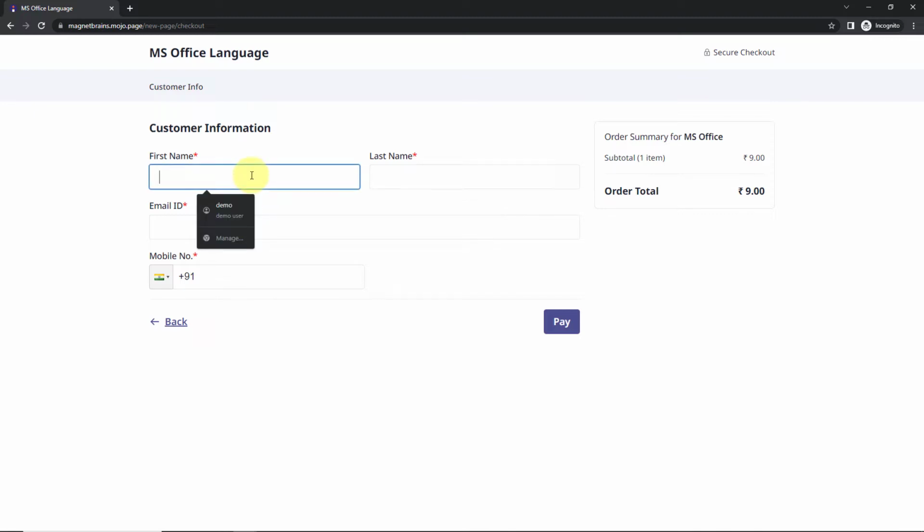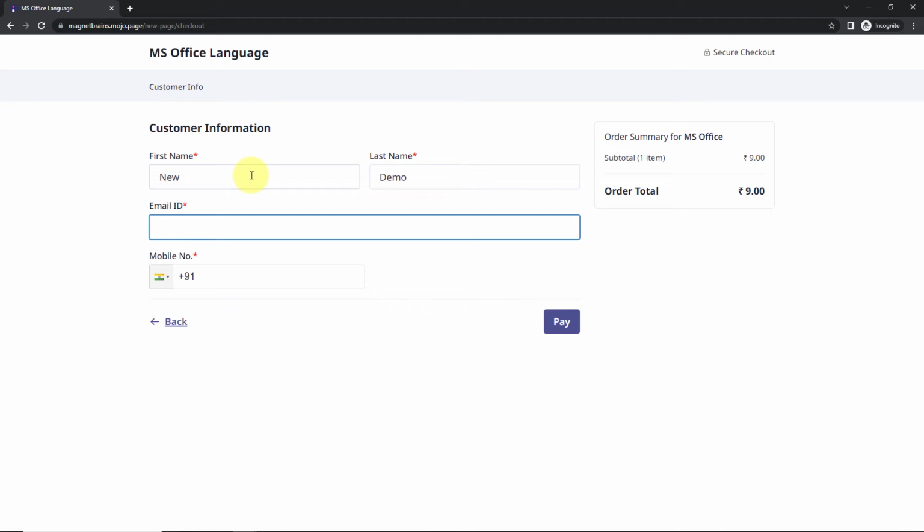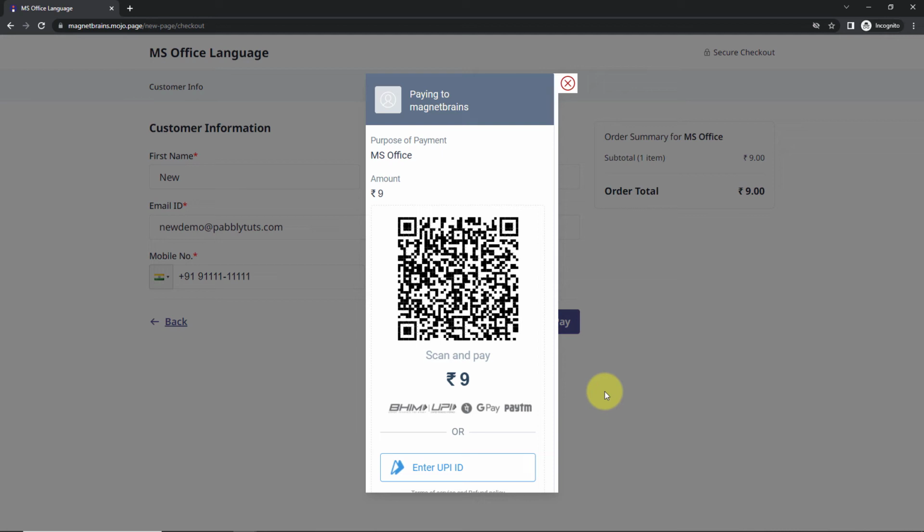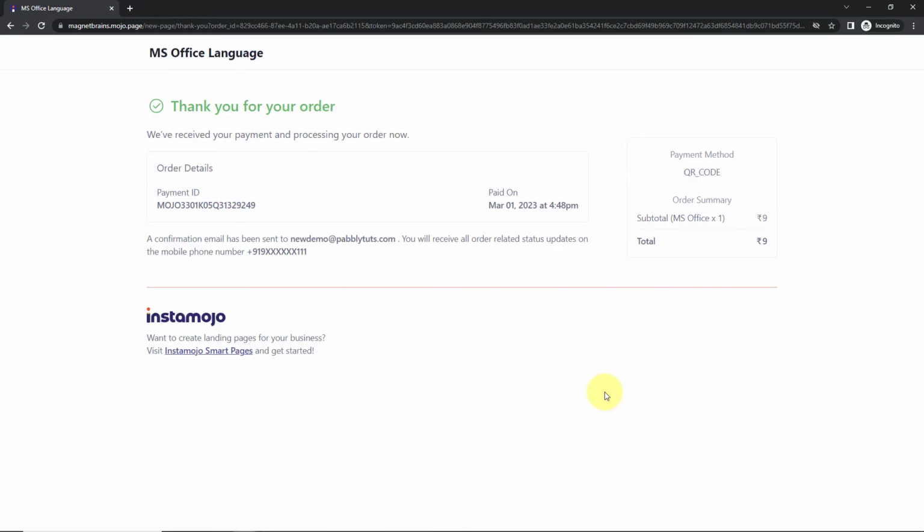Let's say the first name here is new, then the last name is demo. Then here we have the email address new demo@pabblytudes.com. Once this is done, the mobile number, and now I'm going to click on pay. As soon as we do that, we are now supposed to pay, and here we can see that the payment has been successful, which basically means that if I take you back to Pabbly